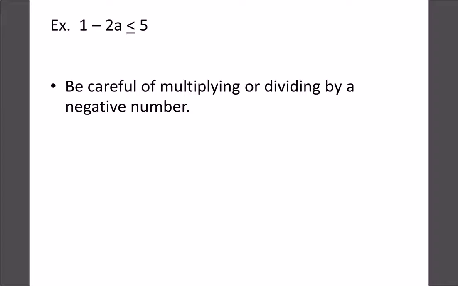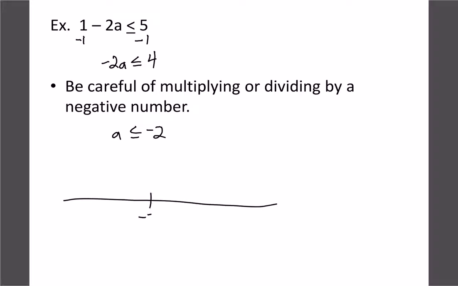Okay, so let's do a couple more. So in this case we bring the 1 over to the other side. So we'd have minus 2a is less than or equal to 4. Now if we divide by negative 2, you'd have a is less than or equal to negative 2. The trick is we got to be really careful with the negatives. So if we graph this one, we'd have everything less than negative 2. So it'd be a solid dot